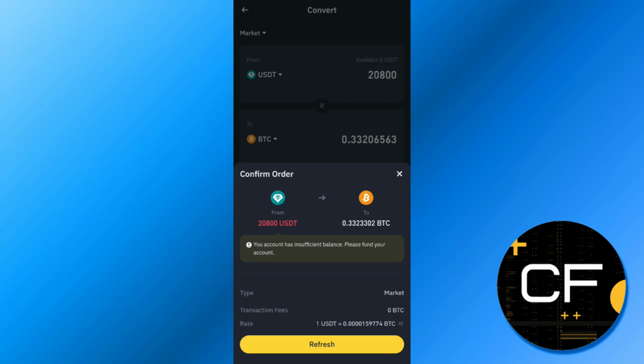So if you are okay with these, tap on the confirm option at the bottom, and within 10 seconds your conversion will be complete. Once your conversion is completed, you will get your BTC and you can view it by tapping on your wallets